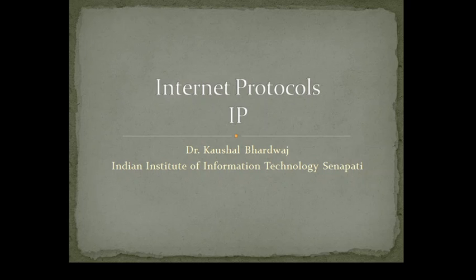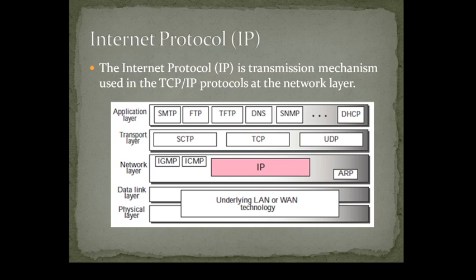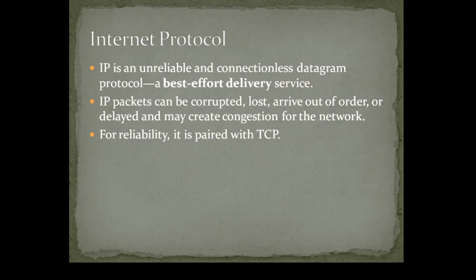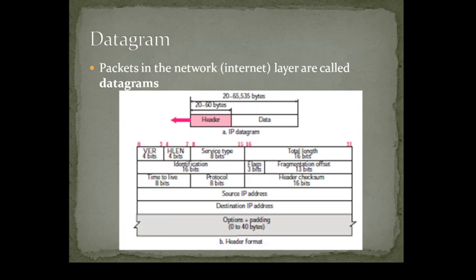As we were discussing something about internet protocols. Till now we have seen that internet protocol is a protocol in the network layer, which is being used in transmission from one node to another. Right. Now, we have seen that it was best effort delivery, where it was an unreliable and connectionless protocol, and we were going through the different fields in its packet format.